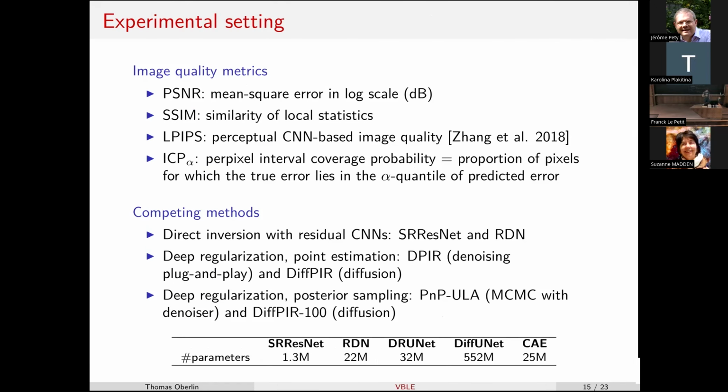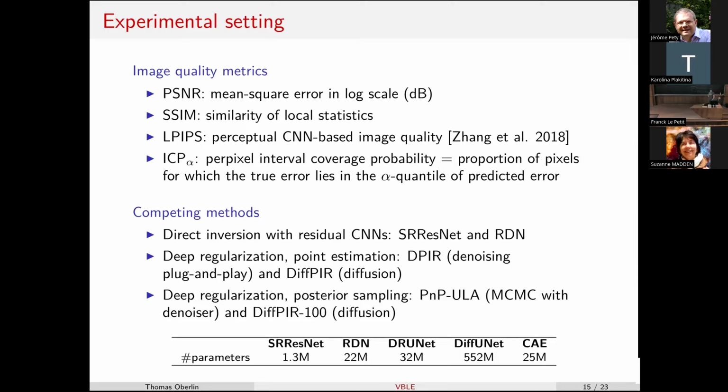We consider different image quality metrics. I guess you know PSNR. SSIM is another metric, and LPIPS is a more recent perceptual metric that is based on a pre-trained CNN classifier. It's widely used in image processing and especially super resolution. And we also have a metric to characterize how good the predicted uncertainties are.